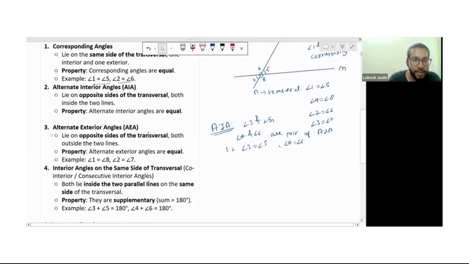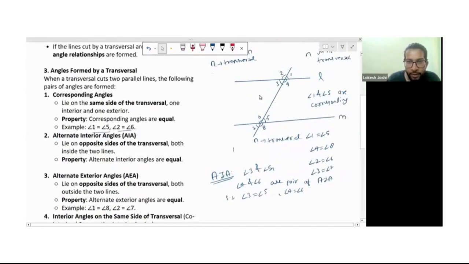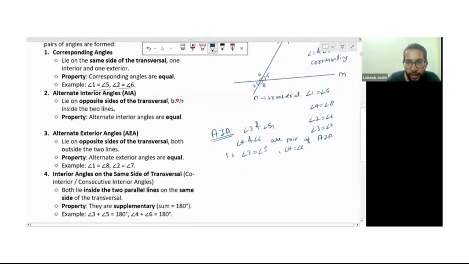Now the third one is written there, alternate exterior angles. Okay, so I am using the same figure. It's written they lie on opposite sides of the transversal, both outside the two lines, which means this angle is outside, this one is also outside, 7 and 8. But the condition is that if 2 is in the left direction, then we have to pick 8 which is in the right direction. So the example for that will be